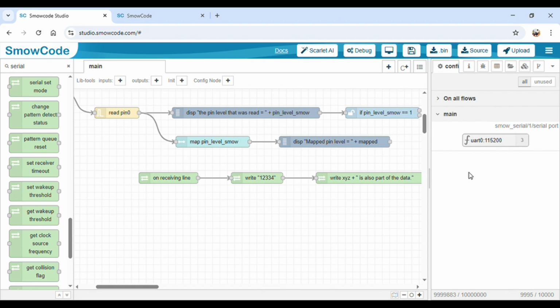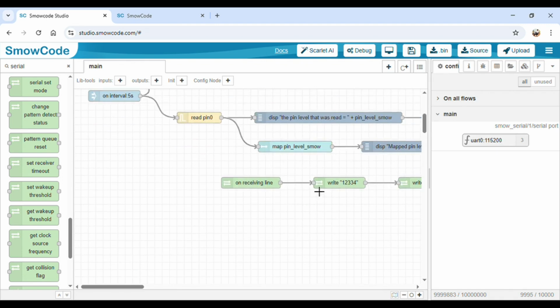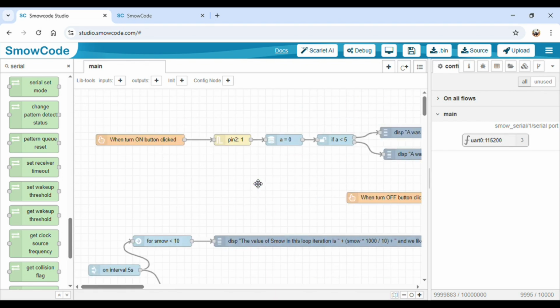Now, you might be thinking: who initializes the pin to output? Who initialized the interrupt, who registered the interrupt in case of on button click, or let's say on receiving line? There was a UART interrupt registered here, by the way. Who did that? Whenever you drag and drop a node and compile it, the compiler of Smowcode creates two